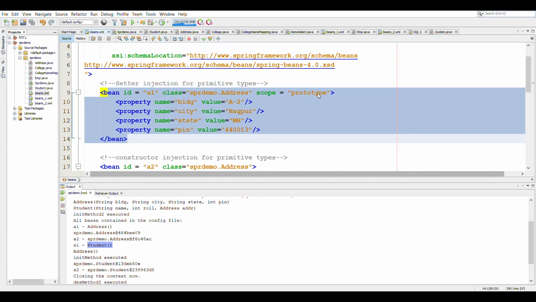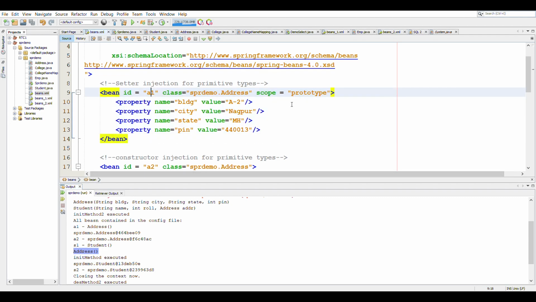And since it is of scope prototype, it is again creating an object of type address, the same as A1. So A1 is already created, and then there is another instance of A1 which is created here so that it can be set for the student S1.